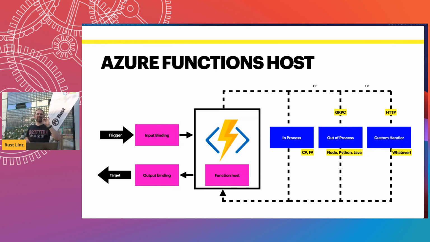Third option, so those are not running in parallel, even though the image might suggest it. It's an either-or. So you can either have in-process function apps or out-of-process function apps, or the third part, custom handler function apps, which means I give you an HTTP connection, do whatever you need to do. So this is where you can define whatever you like, be it a Deno process, like Deno is a Node.js similar language runtime for JavaScript, or Rust. So this is where we are going to implement our Rust Azure Function runtime. The results are going to be sent back to the function host,